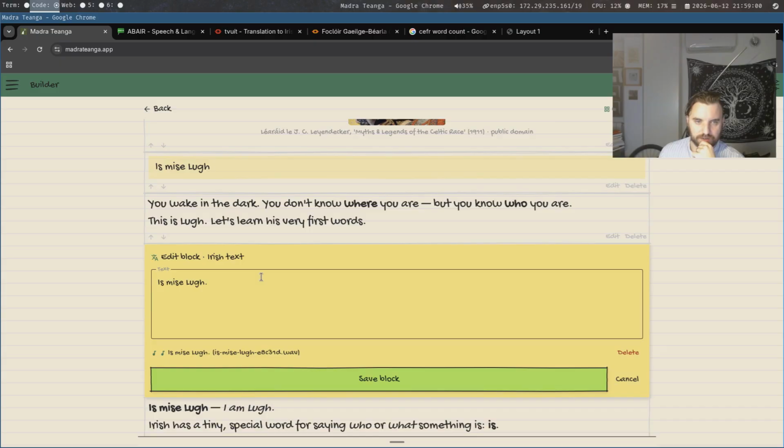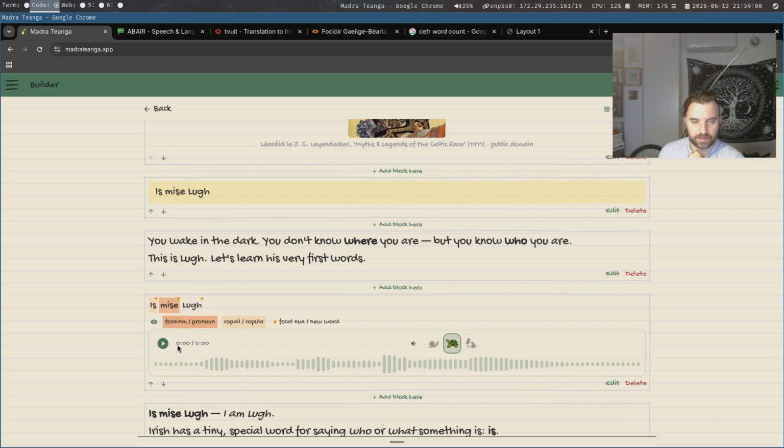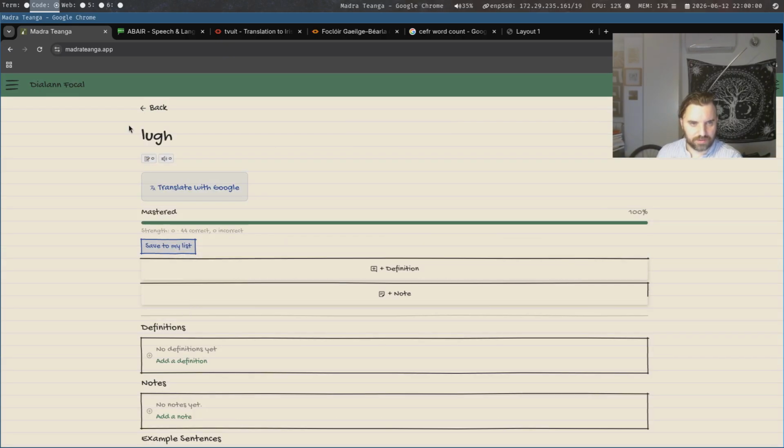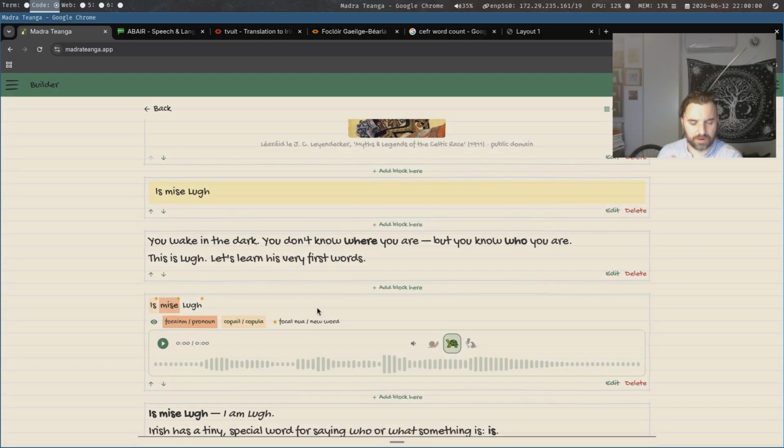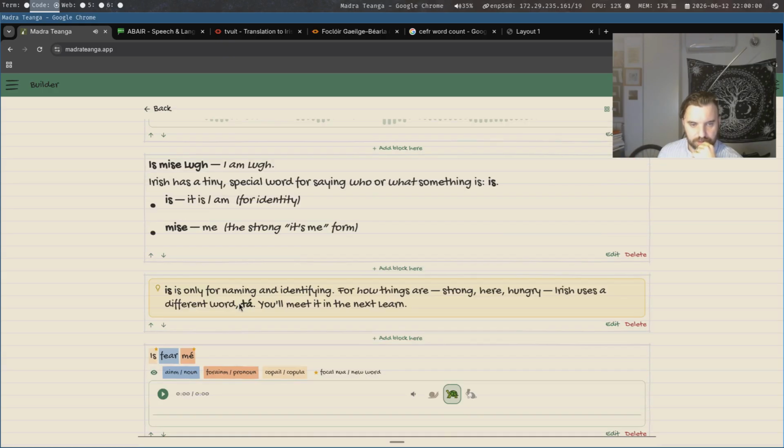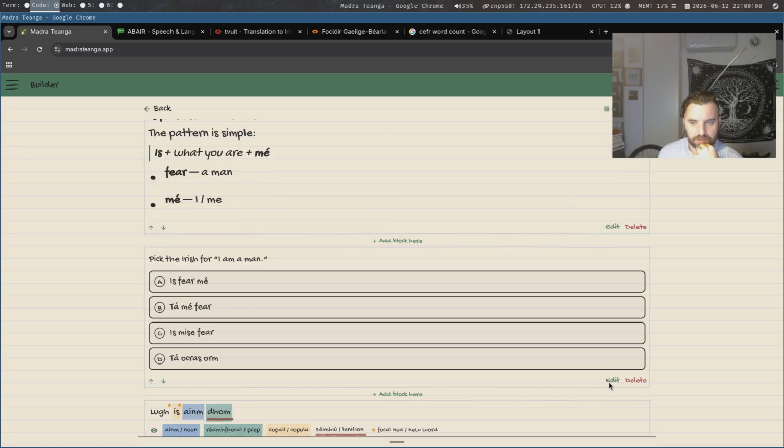all you do here is put in any Irish text you want, and you can optionally add in an audio file for the text, and then automatically it will give you this little feature here with these highlighters. There is an entry for Loo, but it has no type of word. Yeah, I need to update that. So you get this automatically by putting in the sentence, and then if you have the audio, it shows up here.